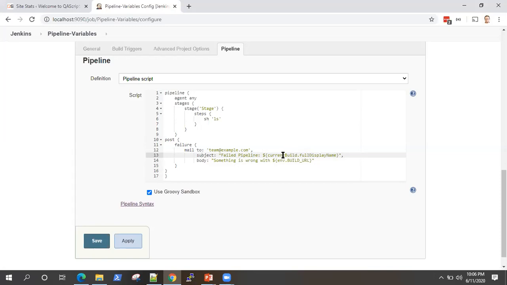We can display the build name and we can also give them the build URL so that they can directly refer to the URL and have a look at the build and find out the issues, right? And fix them. This is a general way of handling your Jenkins jobs. You don't expect any team or any member of your team to continuously monitor all the jobs at all times. They should be notified whenever there's a failure, especially in any of your jobs, right?